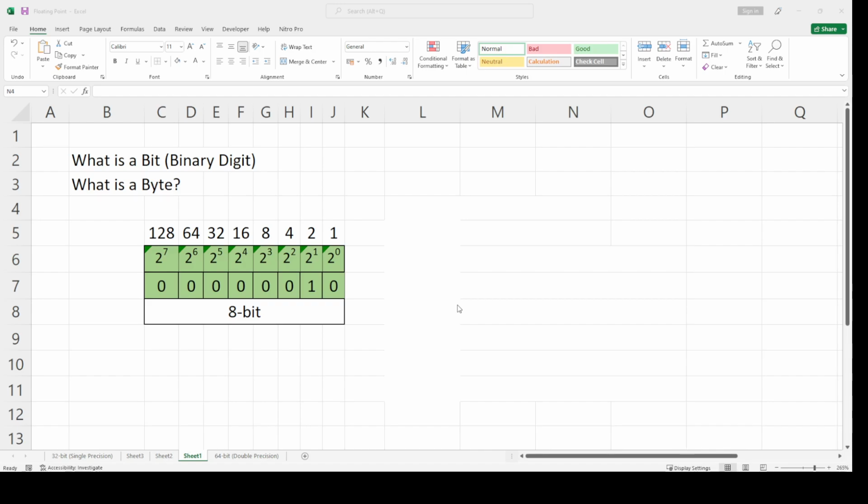We're going to start by defining what a bit is. Bit is a short form for the words binary digit. Meaning binary digit, it is a digit that we use to symbolize the number in the binary system. As you can see, computers can only read numbers in the form of two states, that is ones and zeros. Why? Because the hardware of a computer is made up of lots and lots of switches that we call transistors.